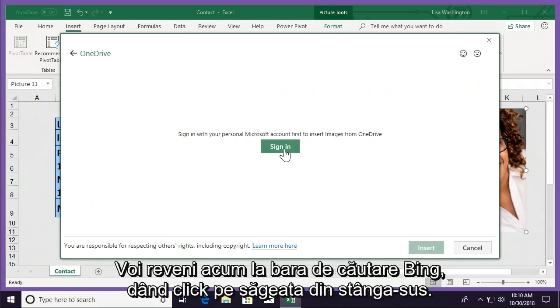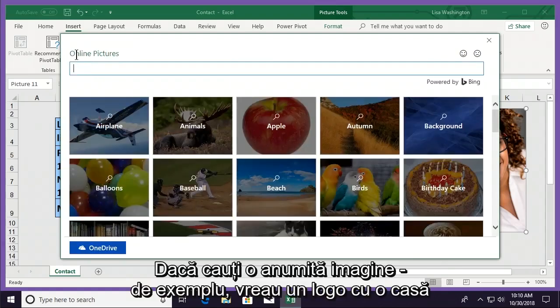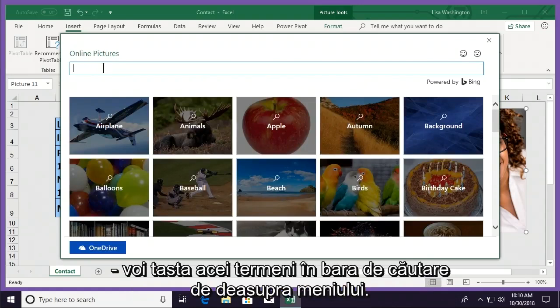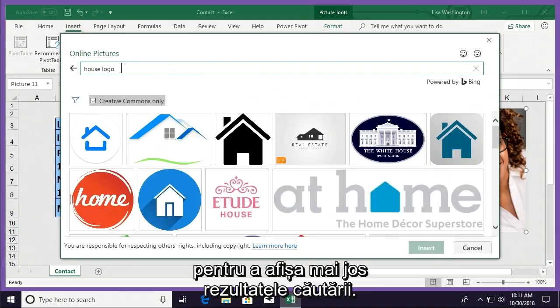Now, I'm going to return to my Bing search by going up to the top left-hand corner and choosing the back arrow. Now, if you're looking for a particular image, for example, I would like to find a house logo, I'm going to type in that search term at the top of the menu. Once you type in your search term, you can select Enter on your keyboard, and you'll see different search results